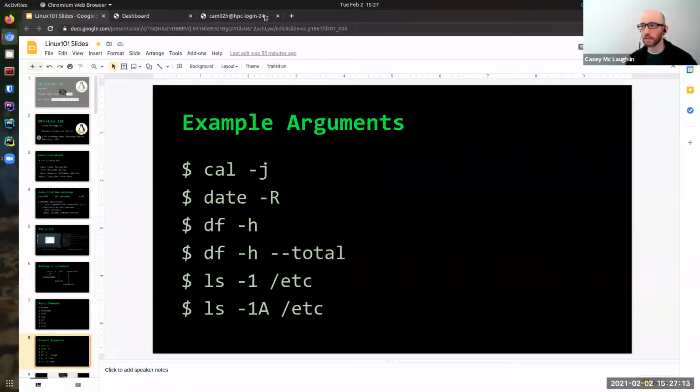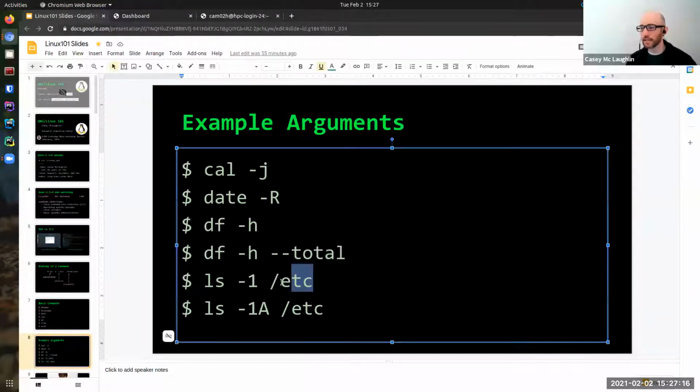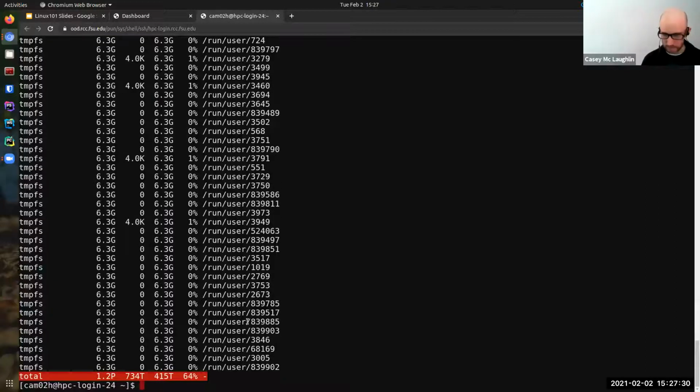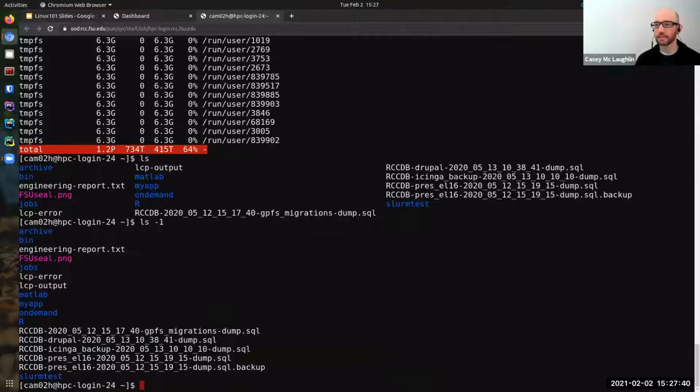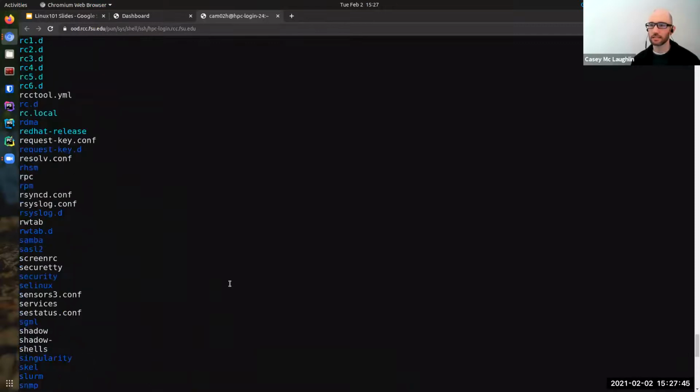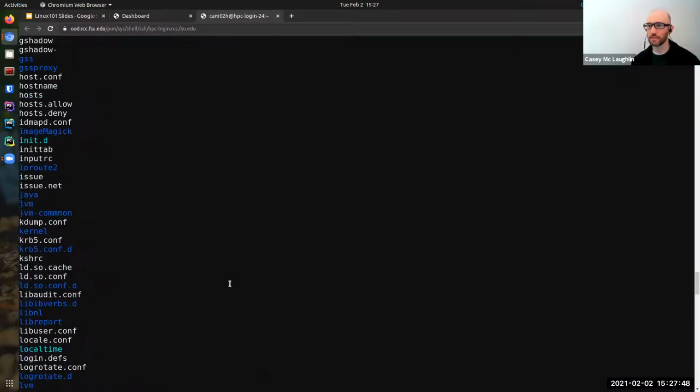Okay. All right. Now, we know what the option -1 does. It prints out each item on its own line. But now I've added an argument. So let's see how that works. ls, without any options or arguments, prints out that. ls -1, without any arguments, prints out that. ls -1 /etc prints out some other output.